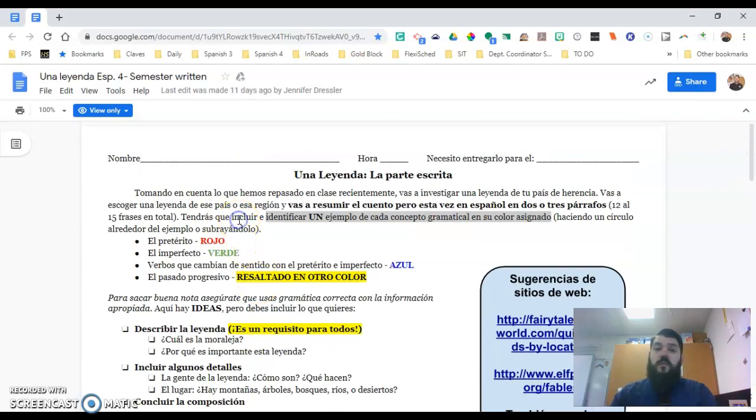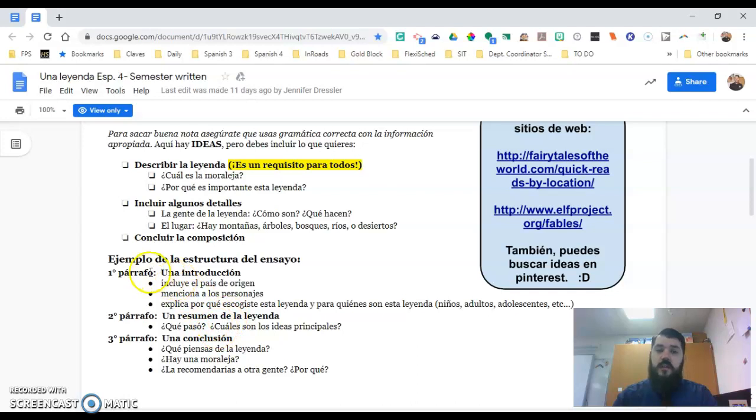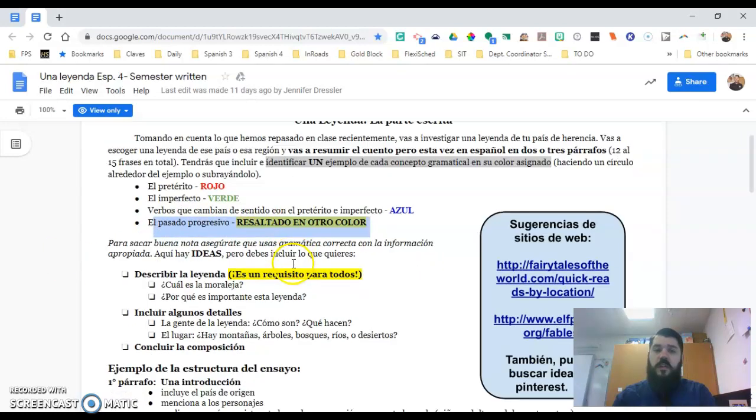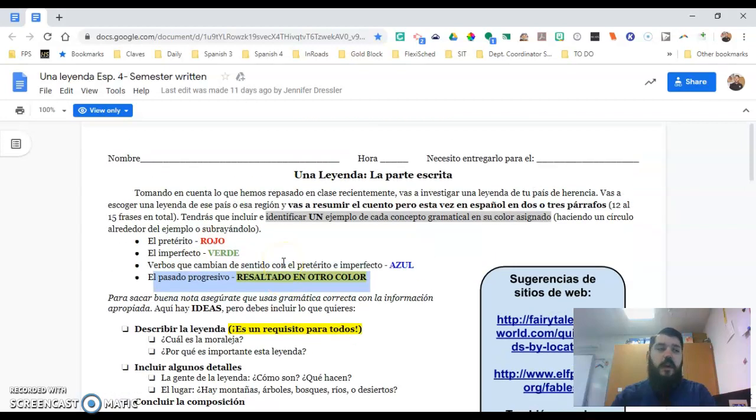So, real quick, resumen de esto. Research a fairy tale, or rather a legend from the country that you're from. Write it out in the format down here: introduction, what happened, and conclusion. Make sure that you're giving me preterite and imperfect in colors, verbs that change meaning, and any other things. Give me other colors. We'll make it really easy to read. That's your writing. The writing is going to be due